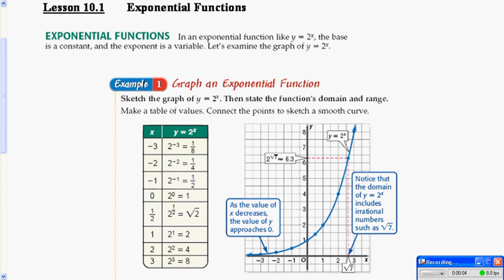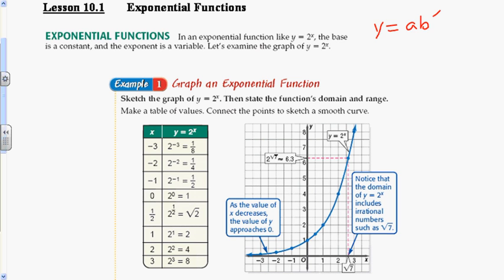Lesson 10.1, Exponential Functions. This part was meant to basically give you a quick overview with examples of what exponential functions are and what they look like and the form they take. So basically, we are talking about exponential functions that are of the form y equals a b to the x power, and the a represents the initial amount,